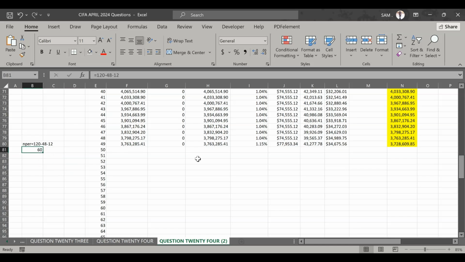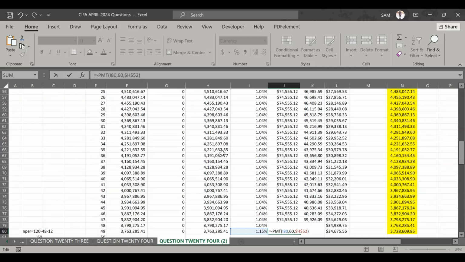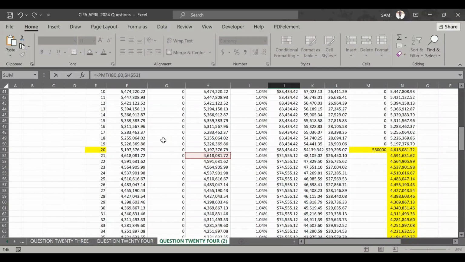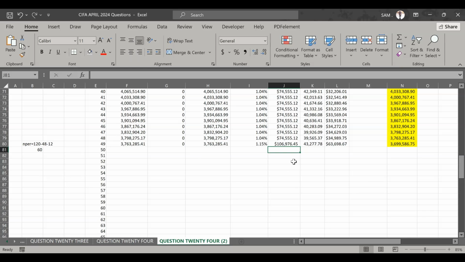So that period of 60 months is what we are going to use in our PMT formula here, where we put 100 when we had covered the first 20 months. So we come here and say we are only left with 60 months. I hope someone is getting something. Then the present value of the loan is still remaining constant from the first lump sum payment. You see the loan amount we have at month 21, that amount remains constant, guys. It remains constant. So I just confirm my PMT and see that the installment I'm paying from that point moving forward is